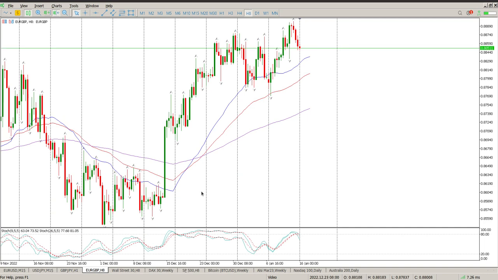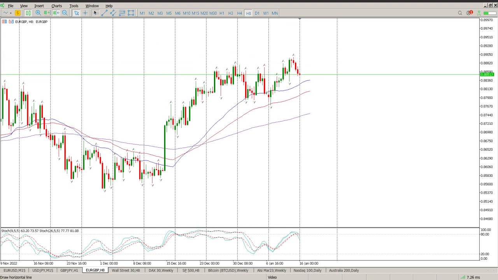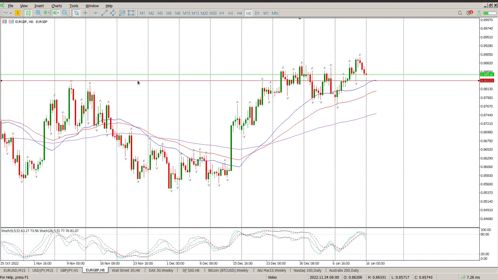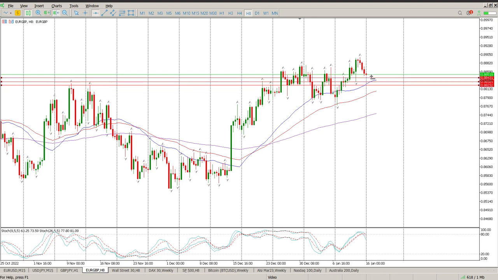Lastly, Euro British pound. We've sort of got into a bit of an uptrend, went sideways for a bit. Now we're coming back onto structure. We're breaking through structure though, which is concerning. These are the previous two swing highs, and look at all the chaos that's happened in there, but we have tested it here. So I don't think that is the one we should be paying attention to. I think that's the one we should be paying attention to, what we're flirting with right now,